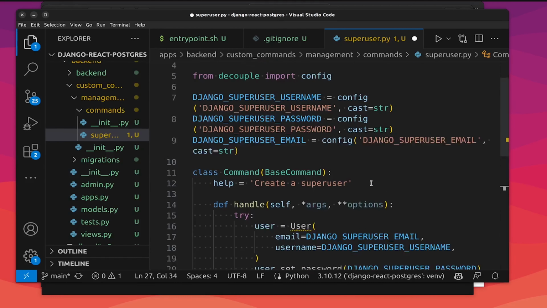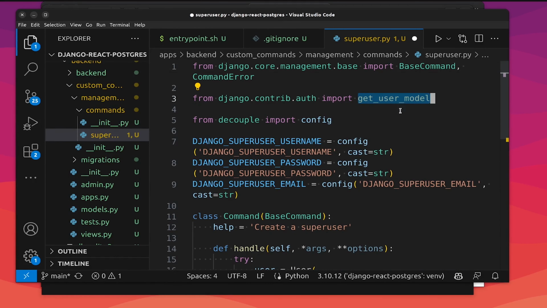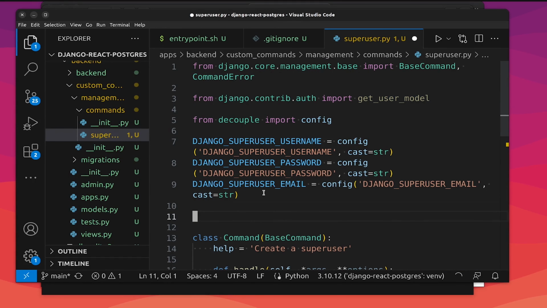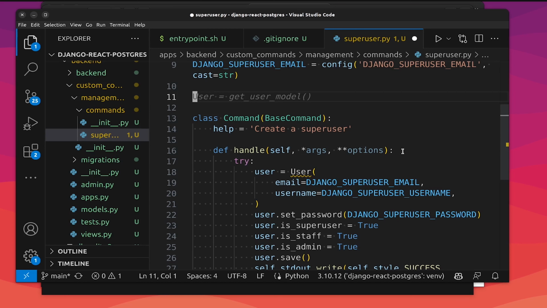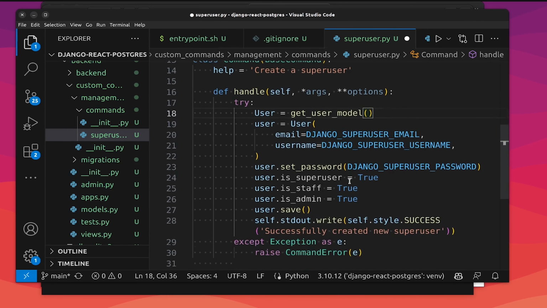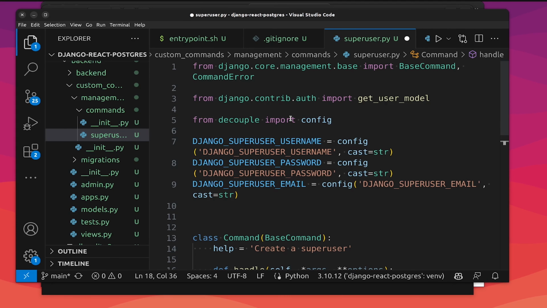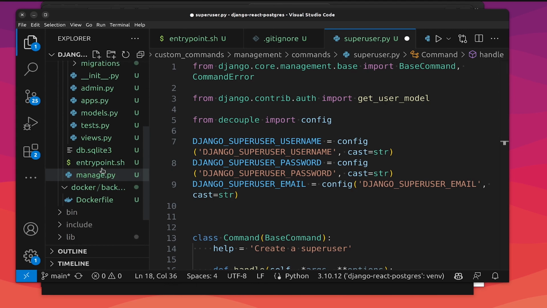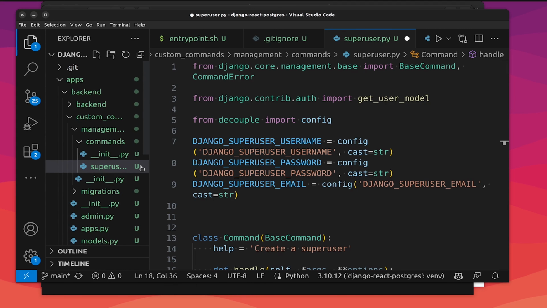That's all. The user is not defined, so user is get_user_model. Yeah, so it is actually working, and to check whether it's actually working properly, let's go to the